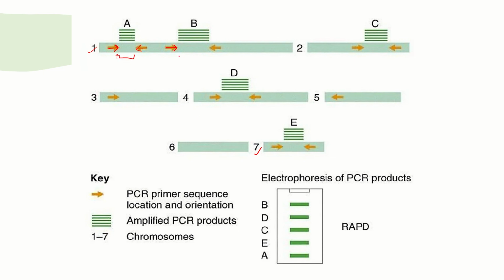And the segment in between is finally going to be multiplied, meaning amplified. So multiple copies of that particular sequence will be made. So we have A, B, C. In chromosome 3, it could not find any sequence, so no multiplication. In chromosome 4, it could find. In 5, there was none. In 6, there was none. In 7, there was. So wherever they find their complementary sequence and the primer gets attached, they will amplify those regions of DNA.